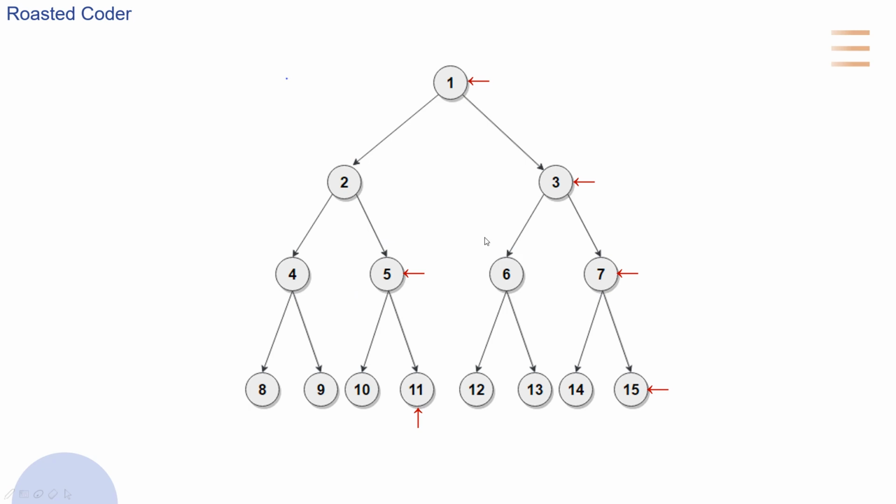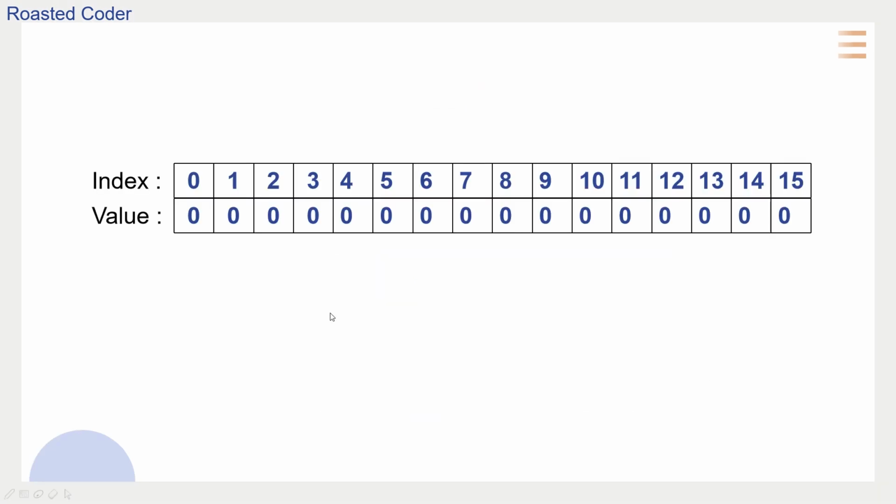So now let's see how we can calculate the number of total such paths for which the bitwise AND of every path is odd. So let's create an array of size n plus 1. So we will start from 0 and go up to 15. We'll take all the values at each index equal to 0 initially. And now we will iterate over the array from 1 to n, that is 1 to 15.